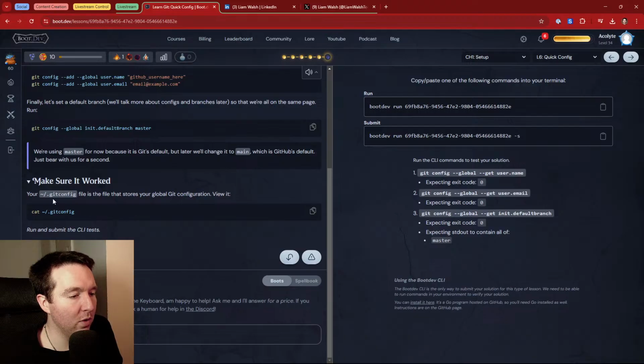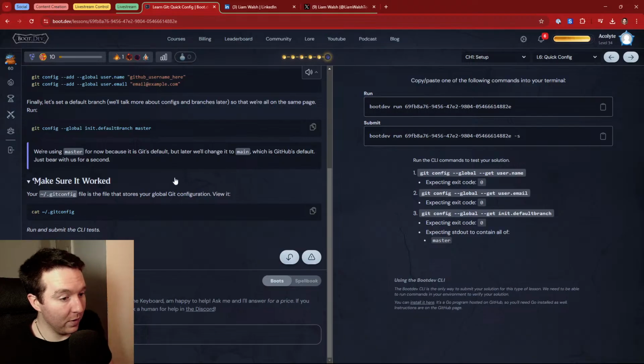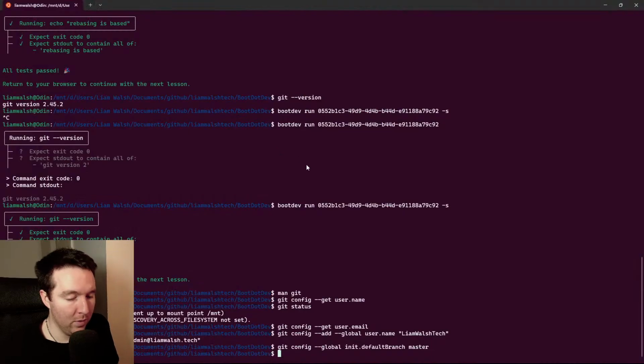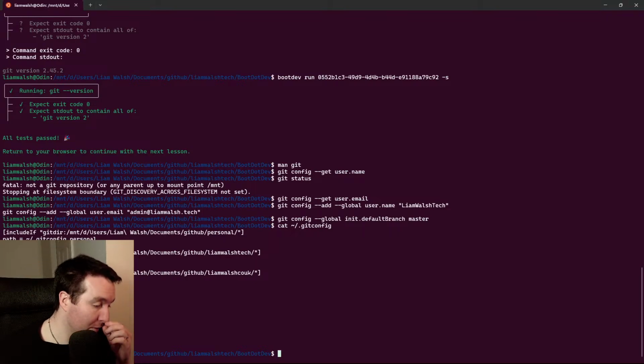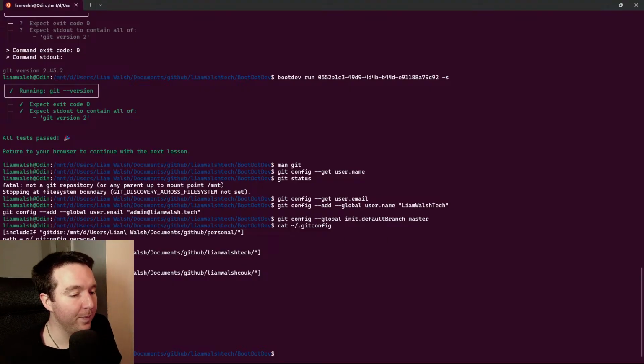Make sure it worked. Your git config file stores your Git global configuration. View it with cat .gitconfig. Oh yes, forgot about that.